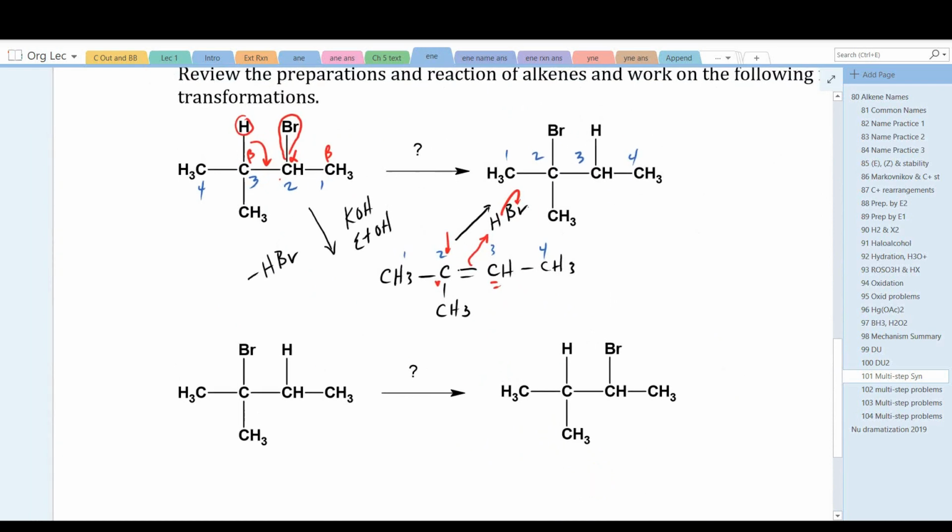Let's try the next one. Again, we start with an alkyl halide, but this time we're starting with the product from the previous reaction. This is 2-bromo-2-methylbutane. We want to form 2-bromo-3-methylbutane. Well, again, we can use KOH to start the reaction, form the alkene,